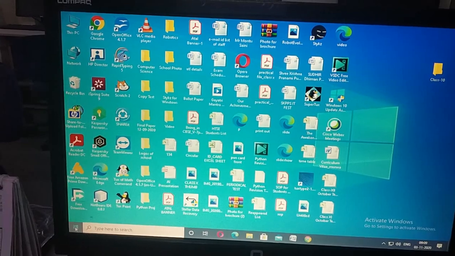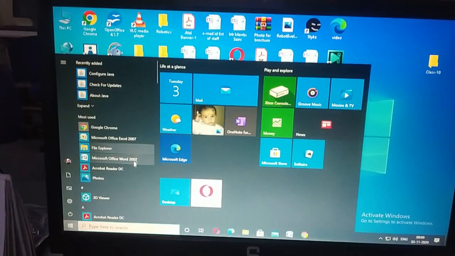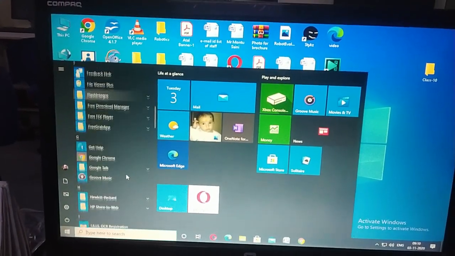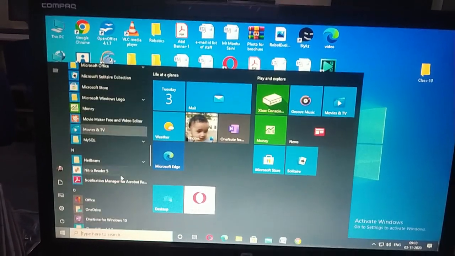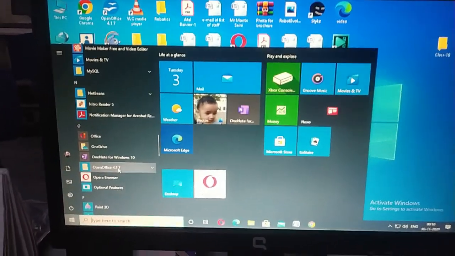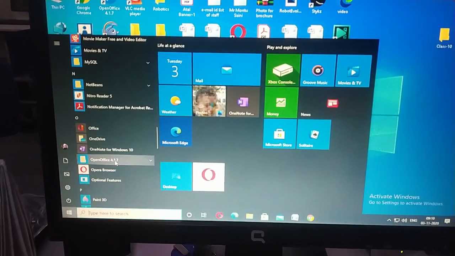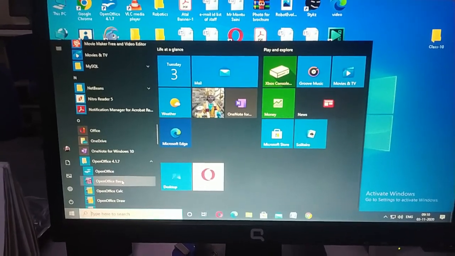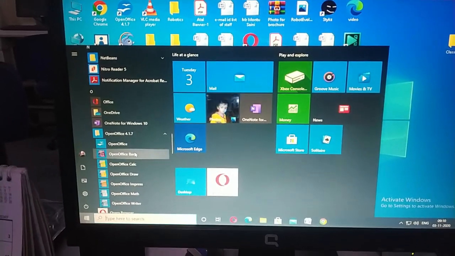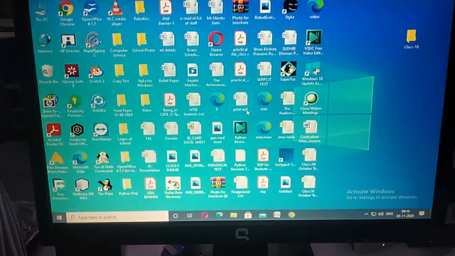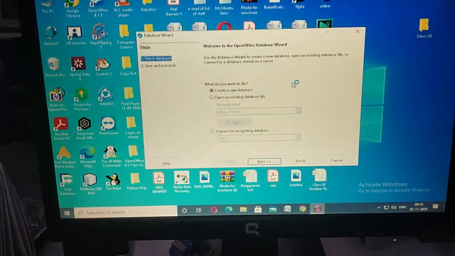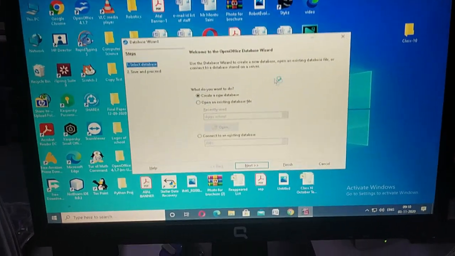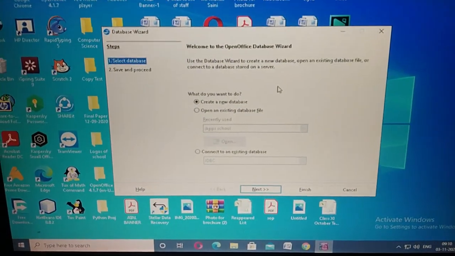Before doing anything, we have to launch the OpenOffice, as you all know. So you can directly go to the Base or you can click on the OpenOffice folder. As I am selecting the OpenOffice 4.1.7, this is visible to you all. Click here, it will show you all applications or packages under the OpenOffice. Click on the Base. The moment you click on the Base, you will see the Base window in front of you, and that you have seen in the previous video also.